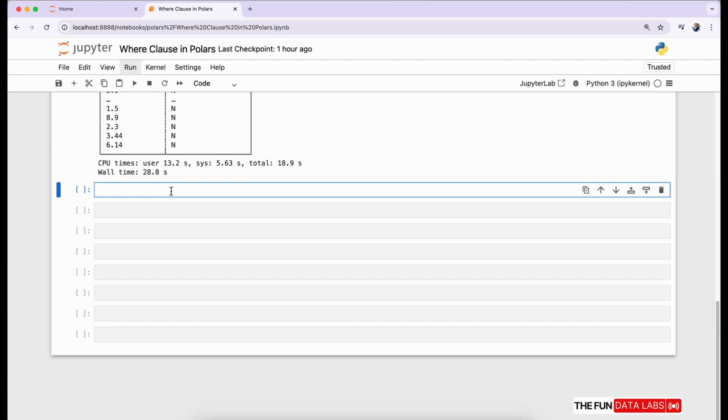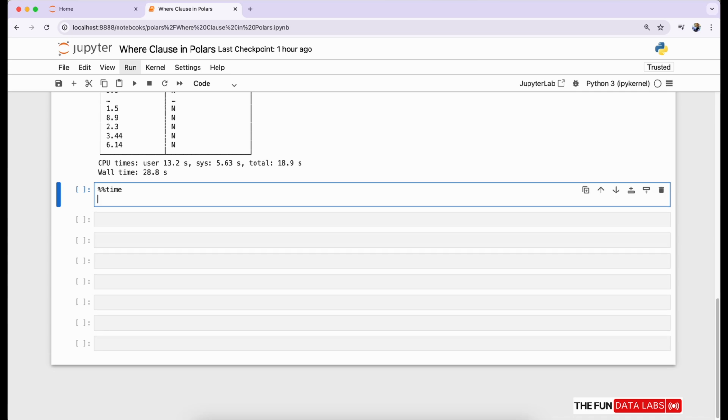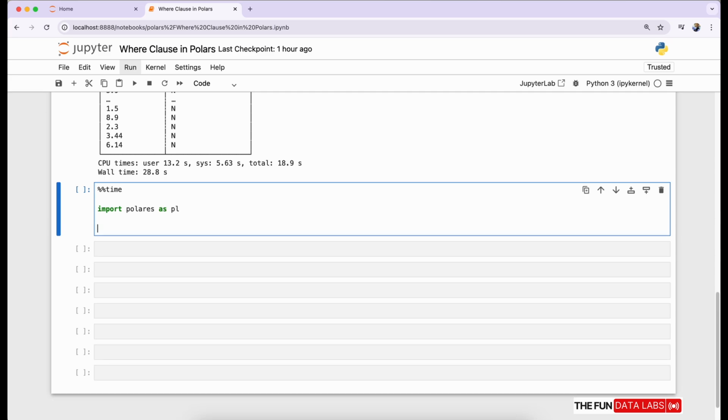This time we will be taking a different filter condition just to test how the filter condition works. We will take an integer column this time to check how Polars works with integer columns. Let's import the Polars library as pl by calling the pl.scan_parquet method with the file path.